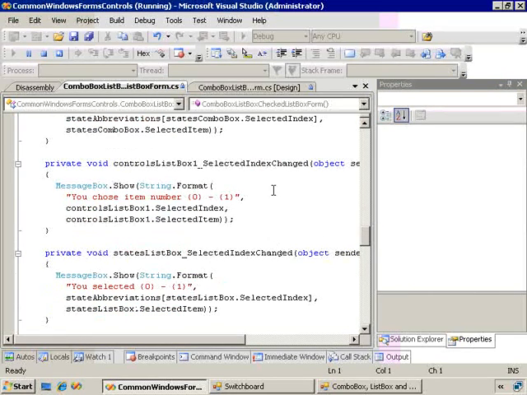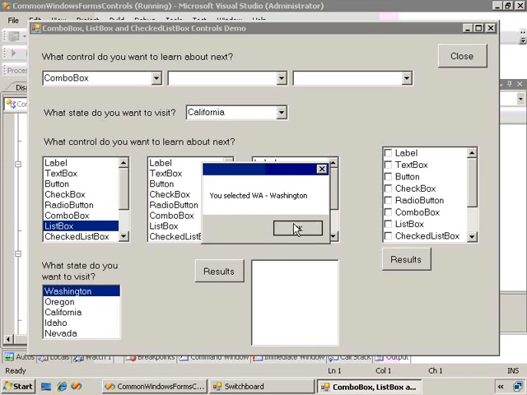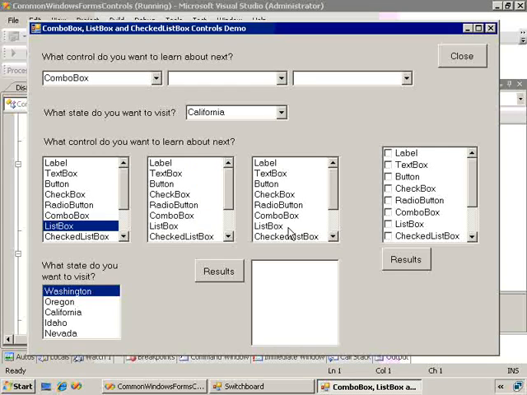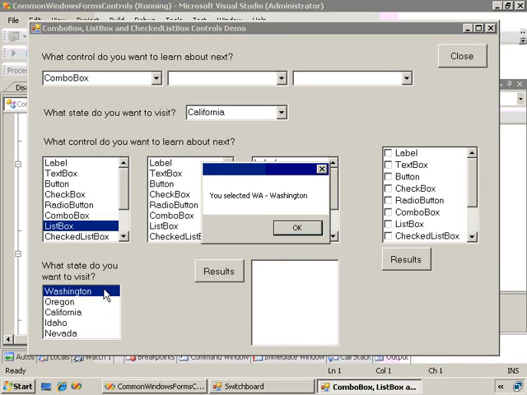So the controls list box 1 selected index changed event occurs when I select a control from the list, and I use selected index and selected item to display the index number and which item I selected. So for example, list box, item number 6, and the item I selected was list box. And for the state,